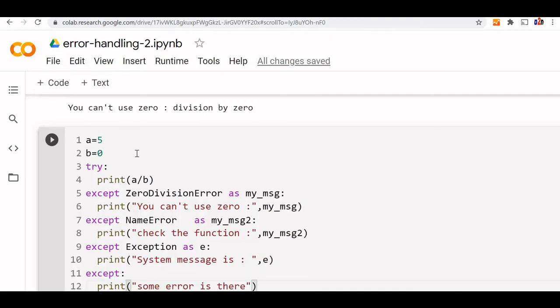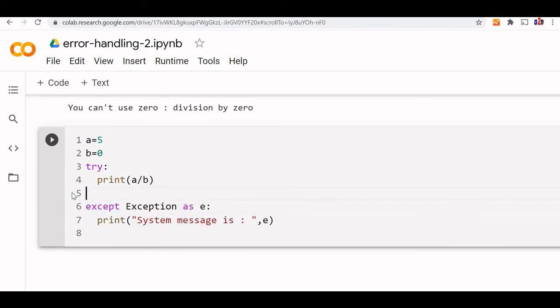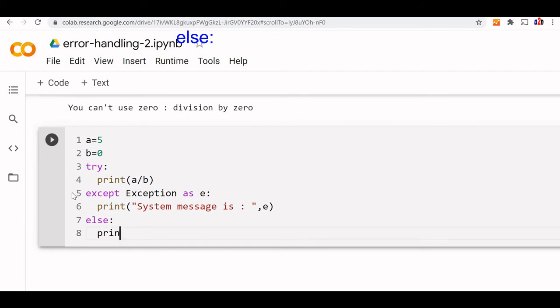Let's paste the same code. We don't require that much code here. We'll keep only the general message. We'll remove this and this part also. Now here we'll write an else. Else, now say print, I am inside else.